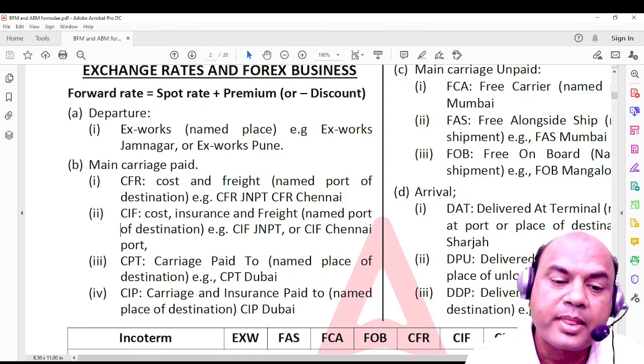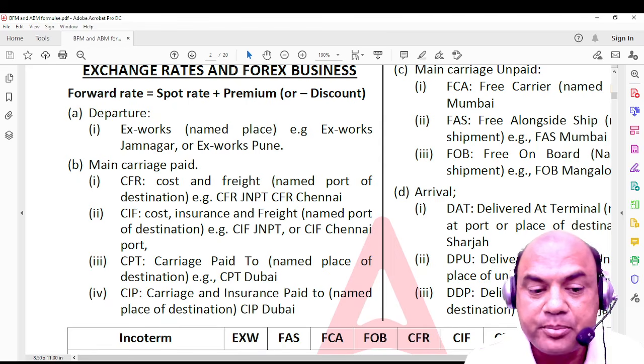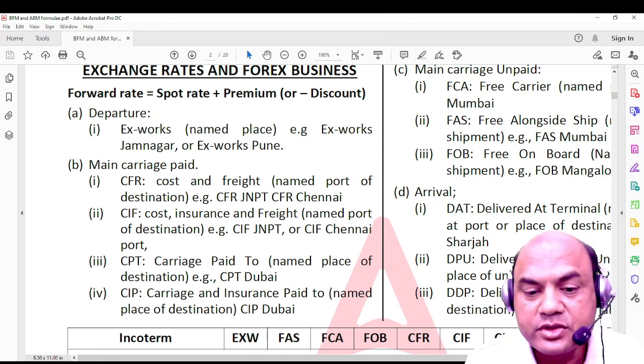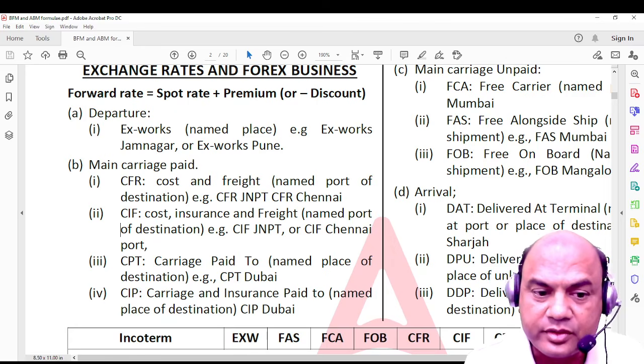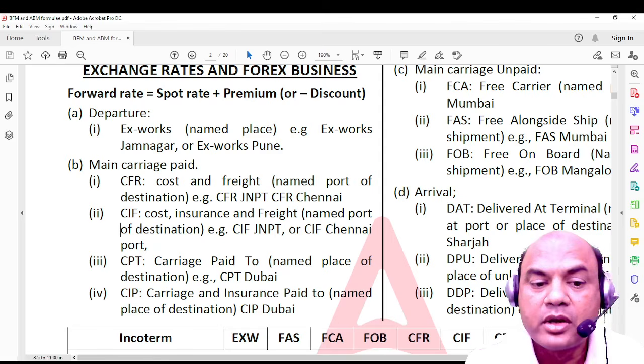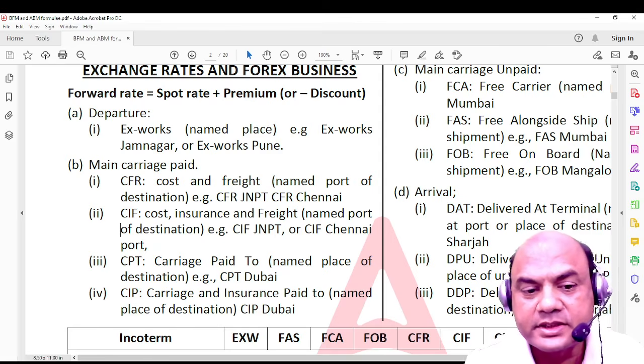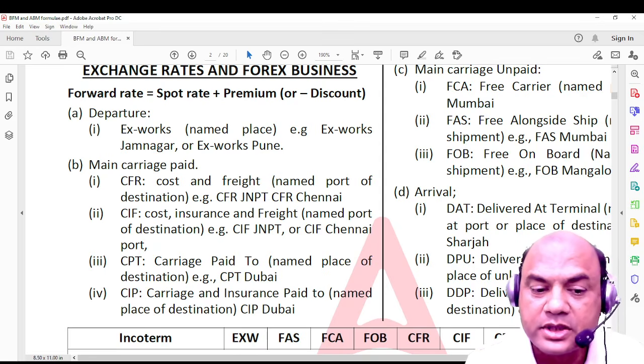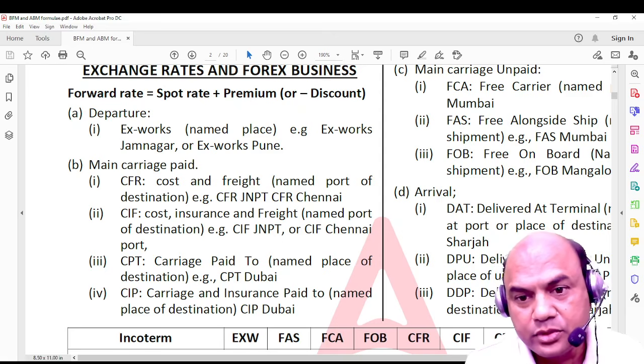So now CPT is carriage paid to, and CIP is similar to the second one, CIF. Carriage and insurance paid to. Okay, so these 2 and 4 are the same. Only the difference is CFR and CIF are used in ships, while CPT and CIP are used in other modes. Okay. Next,